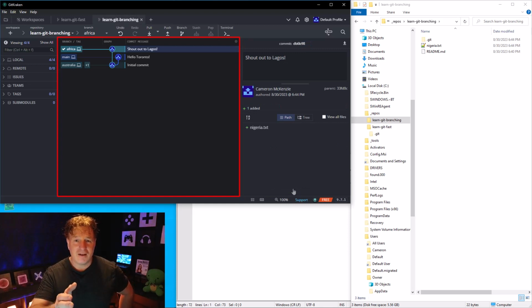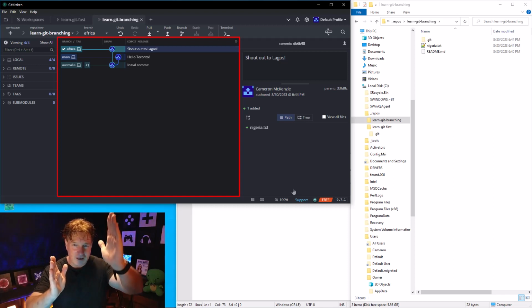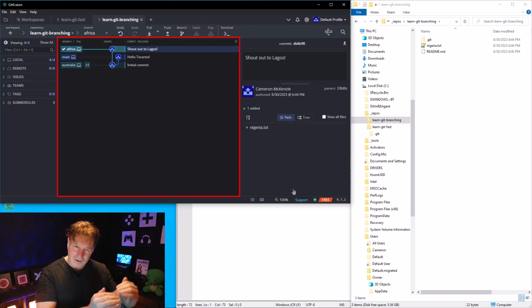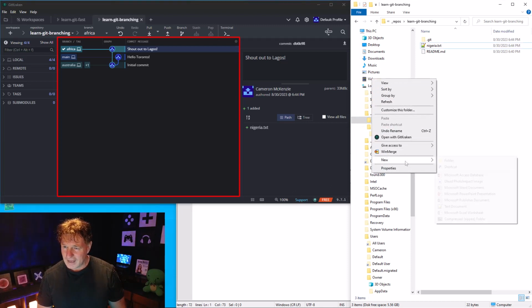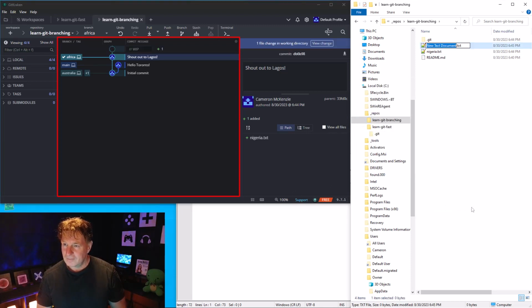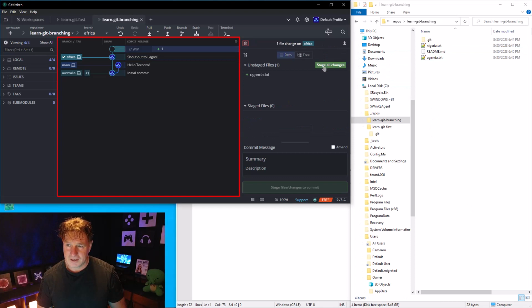So now I've got a new commit, and notice my commit history. I've got the main branch, which has got one commit on it, and then there's the Africa branch. It's got another commit on it. Asia and Australia are all kind of behind on the commits. They're not up to date with Africa or the main branch. I'm going to add another commit here. Add another file, and I will call this Uganda.txt. And again, view changes, stage all the changes,